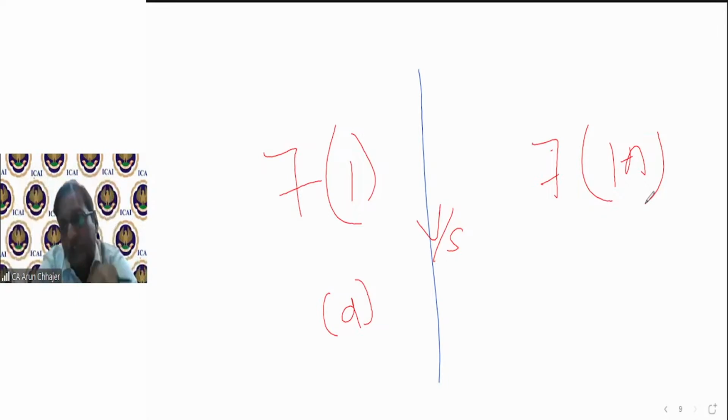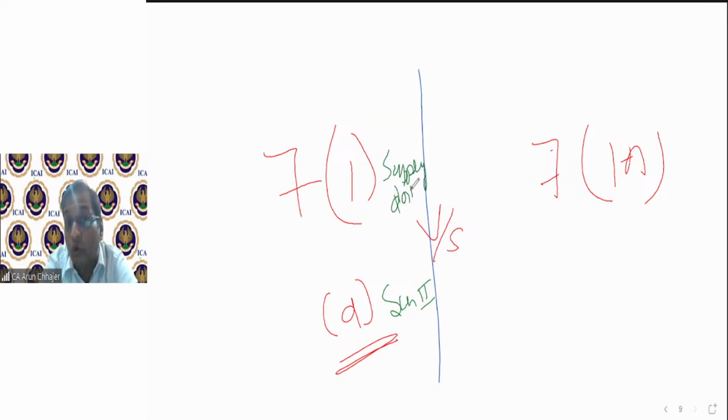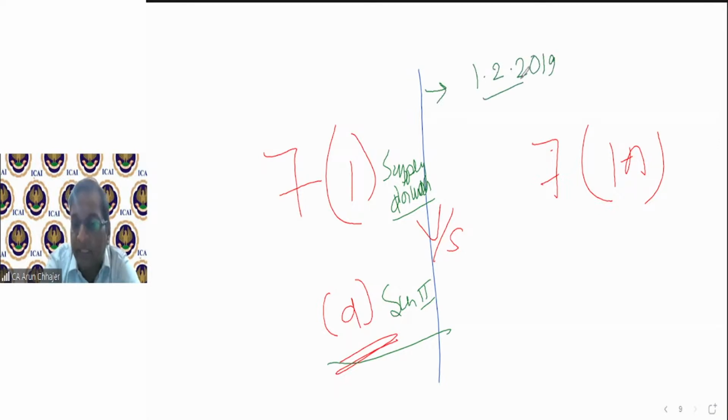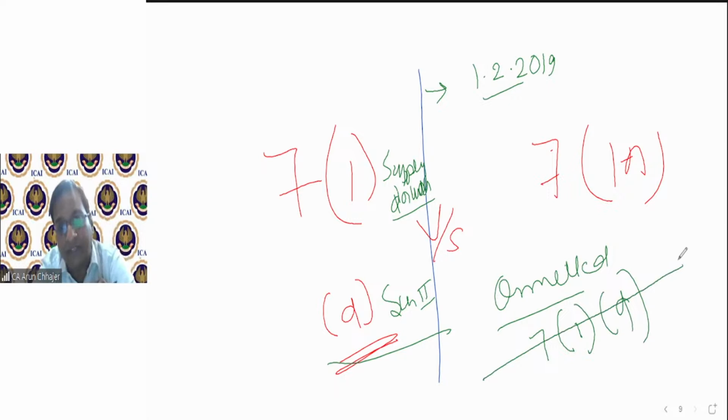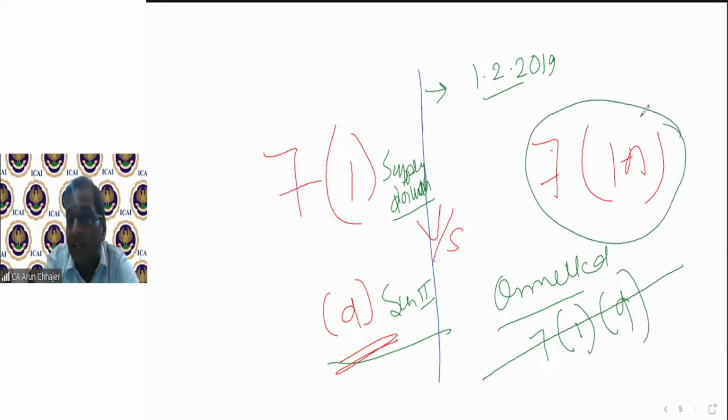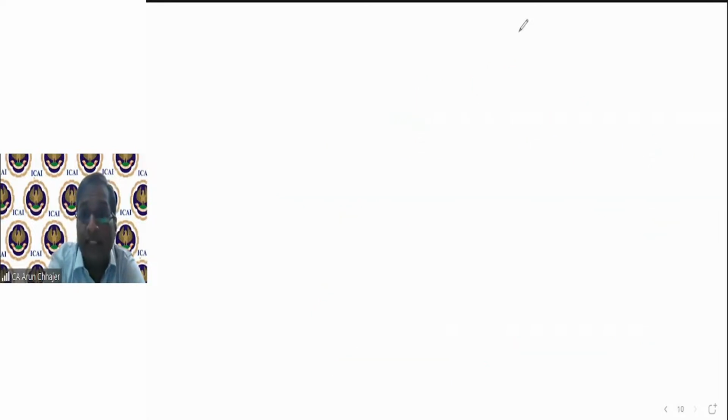When the GST was introduced, there was a clause D earlier, which was talking about Schedule 2. 7(1) is the supply definition. Supply includes, you remember that supply includes multiple clauses. In the last, there was a clause of Schedule 2. From 1 February 2019, this clause was omitted retrospectively. 7 subsection 1 clause D was omitted retrospectively, and a new subsection was inserted,